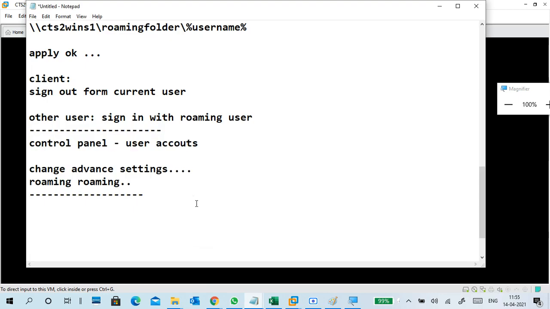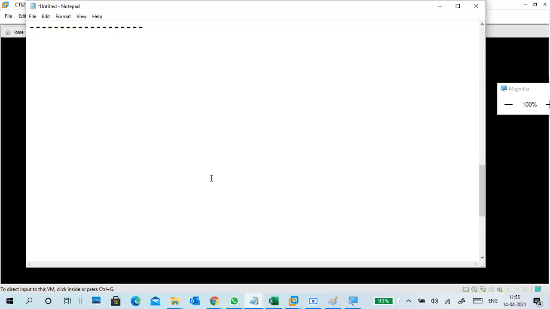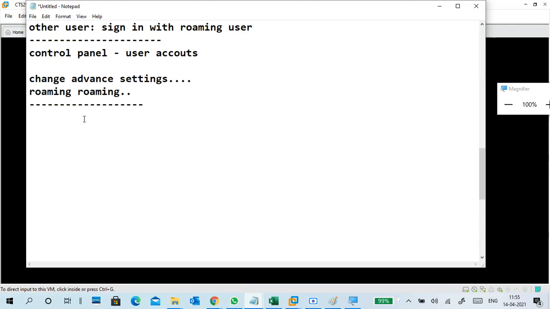How to do this practical is a little bit the same as the roaming profile. Most of the options are like the roaming profile. So here it is, the home folder. How to do it? Create a folder.